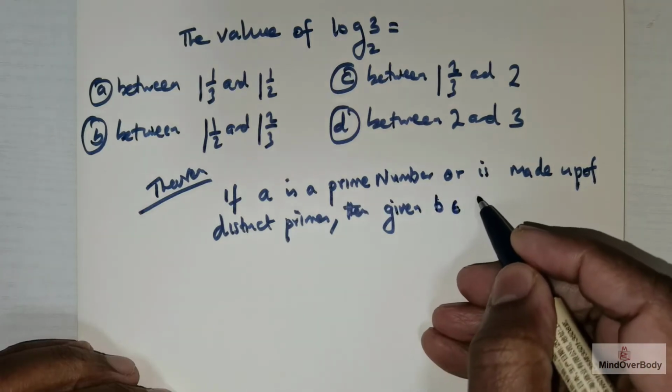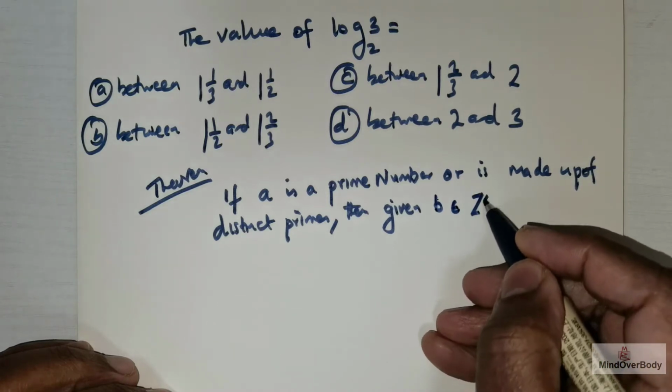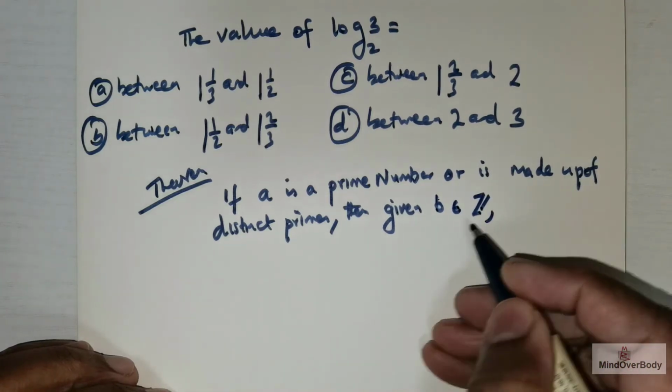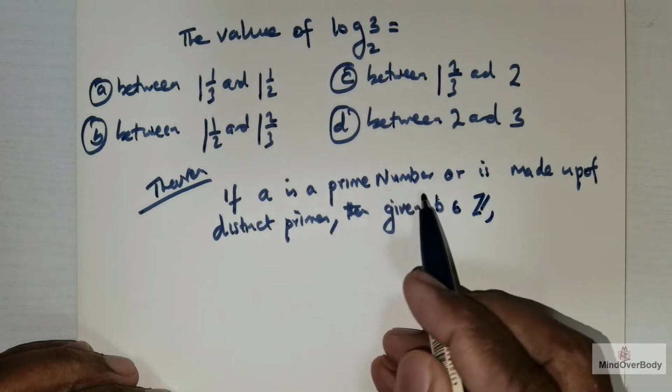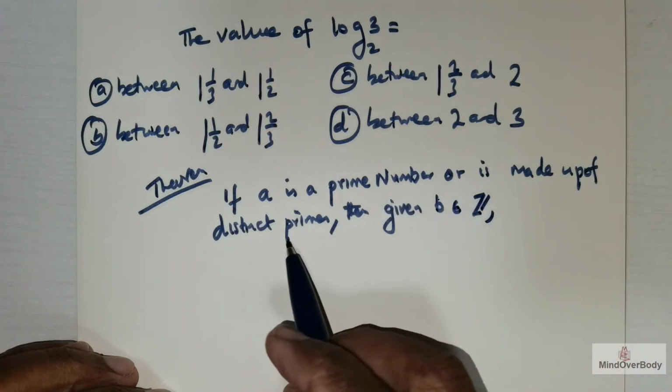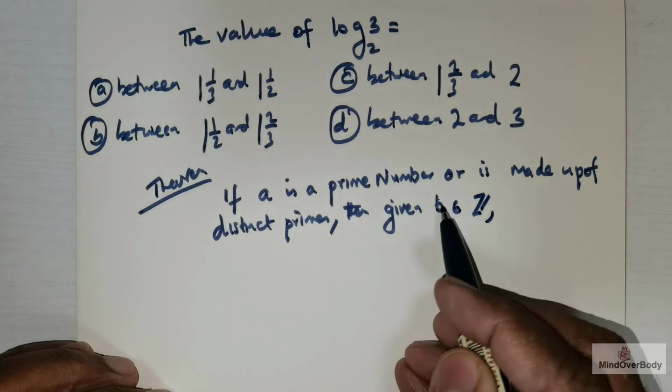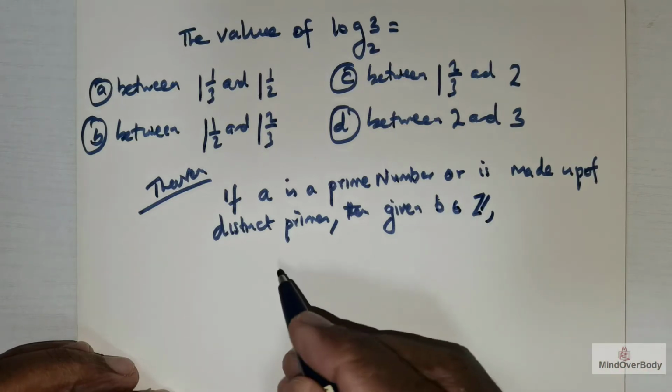Element of any integer. So if A is a prime number or is made up of distinct primes, then given B, element of any integer,